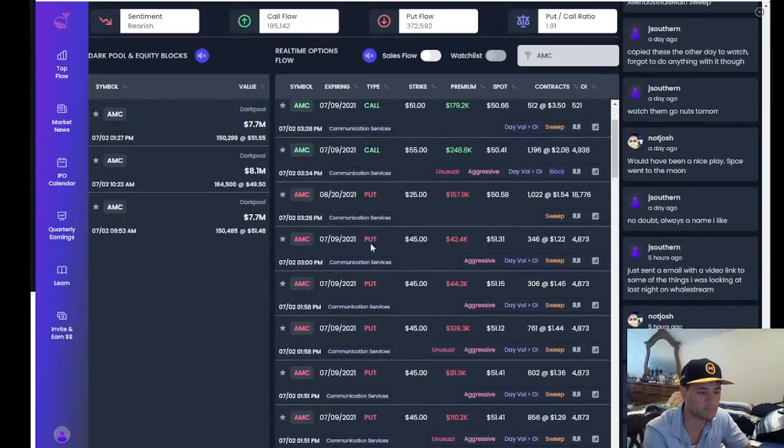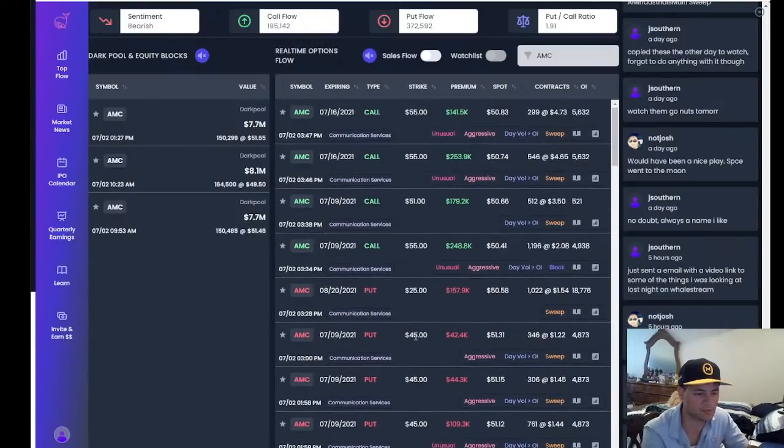And then about, entering into power hour, you had people buying very, very deep out of the money puts. This is a little bit closer to the money here, this put at the $45 strike. What I'm thinking looking at this, and remember, I'm not an expert on dark pool data. I'm hoping somebody in here, Stonked Up, I'm going to ask you to explain the golden sweep, because I don't actually know what that is. I know what a sweep is, but not a golden sweep. What I'm looking at this data, and remember, I'm not an expert. That's why we're doing this. I kind of wanted to do it as a team. I was hoping somebody else would be able to kind of coach us through here.